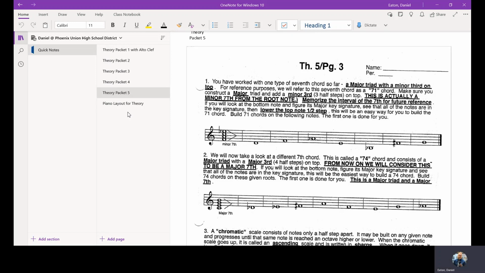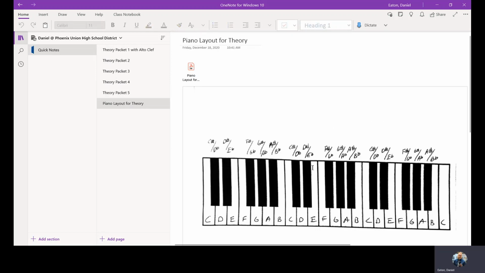First thing that we're going to be using in here, obviously, is theory packet number 5. This should be in your particular student assignment or wherever your instructor has set it up. But obviously your packet is here, but hopefully they will also provide you this piano layout. And this is something that I'm going to be referencing a bit, just because sometimes seeing it visually on the piano helps you understand a little bit better as opposed to just thinking of the notes